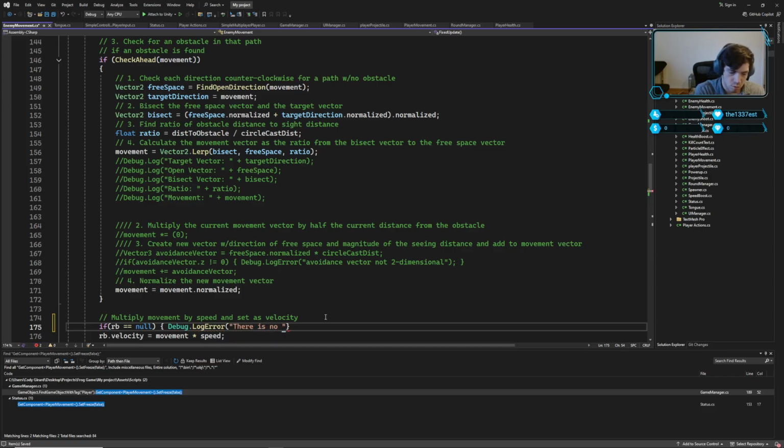There is no Rigidbody on the game object. But also,